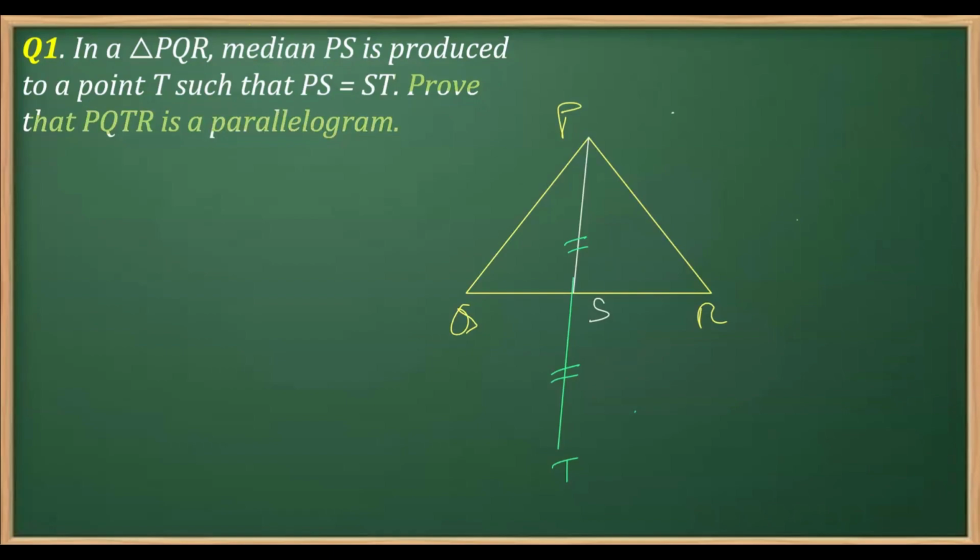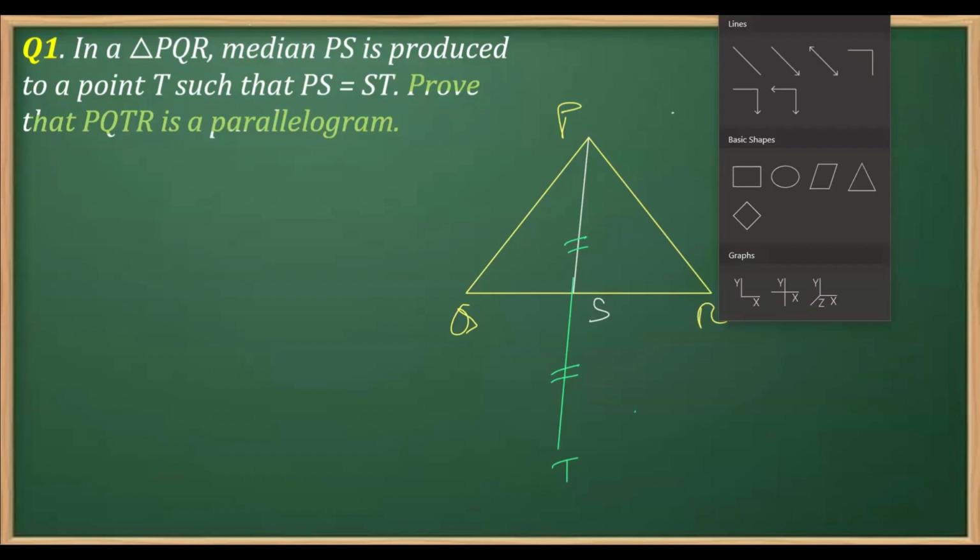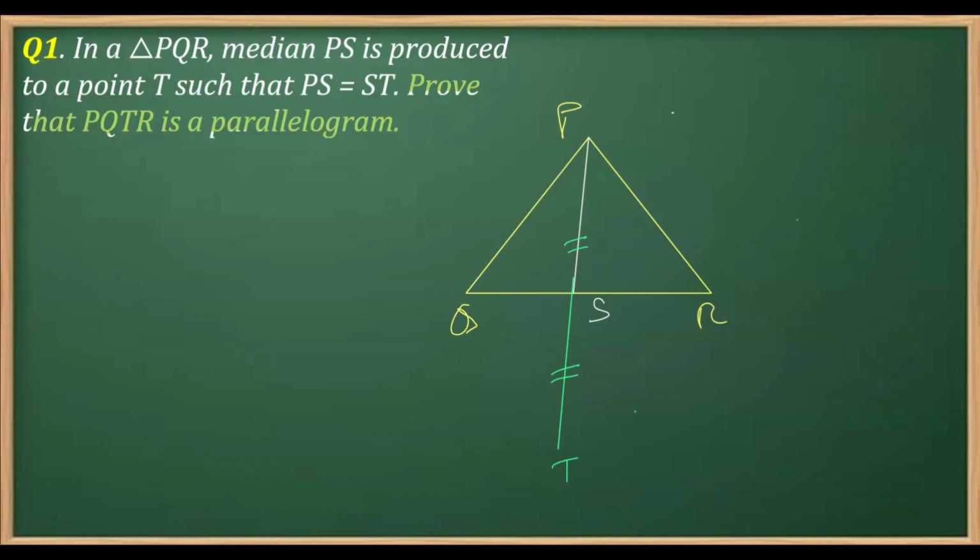That means we need to join the other points. So the other points that we need to join here are T with R and Q with T. So we need to prove this figure, or this quadrilateral, a parallelogram. The first thing we know is that QS is equal to SR, right? This is because